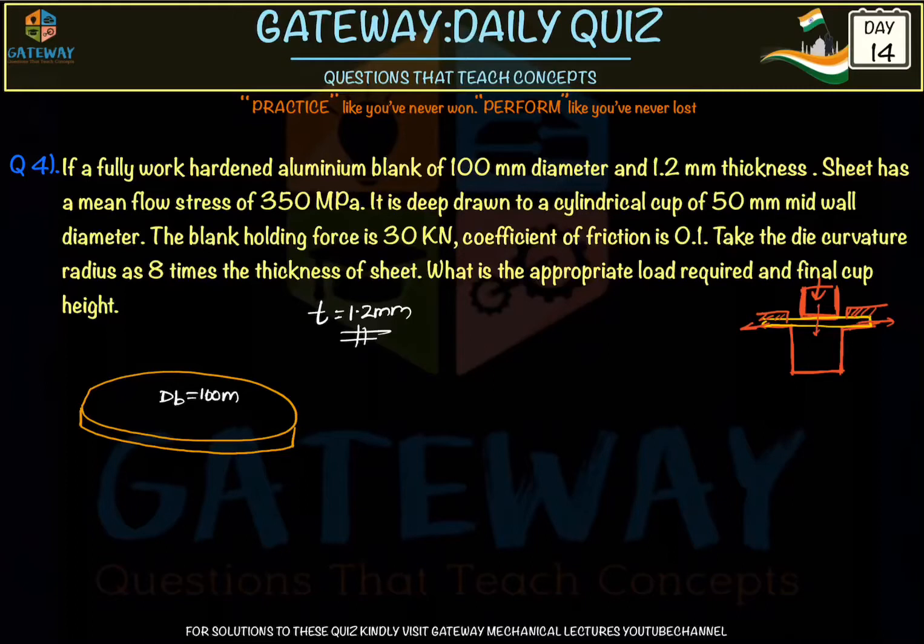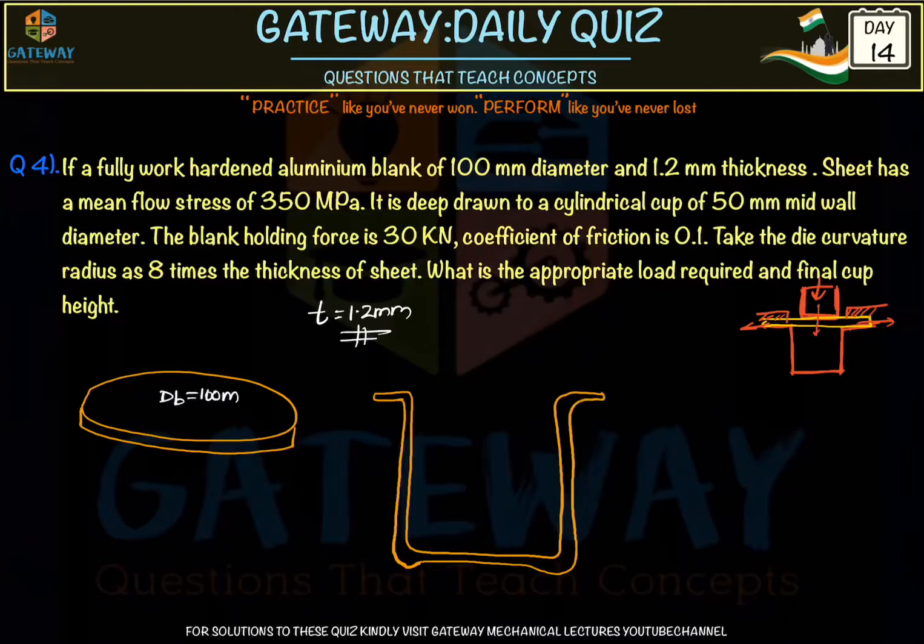So once this material is finally converted into a cup, since it is a deep drawing operation, and generally the condition for deep drawing, we'll discuss here, we'll have some radius, and here we'll have more thickness due to some working conditions. So it will be in this way. This is our height, and this is our center, and generally this diameter will be a mean diameter, as given in the question.